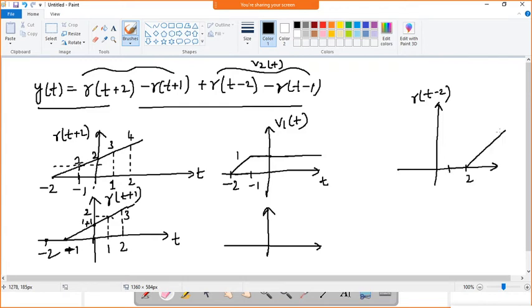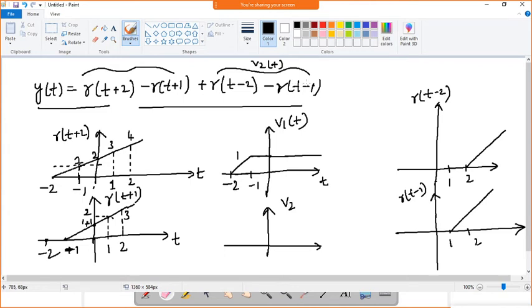the ramp signal will be there, and at t minus 1, that is here. So this is 1 and this is 2, and the signal will go from 1. This is from 2 and this is from 1. Now from this signal you need to subtract this r of t minus 1. How will you do it? Similarly, take the index values and subtract. So minus r of t minus 1.